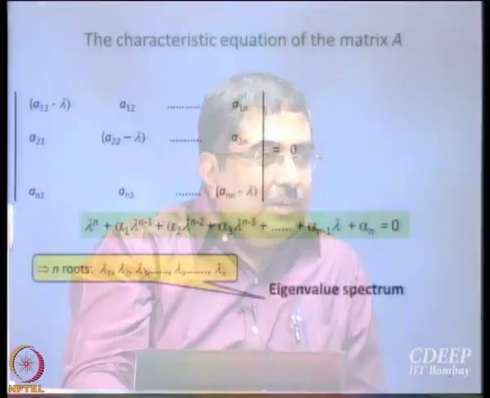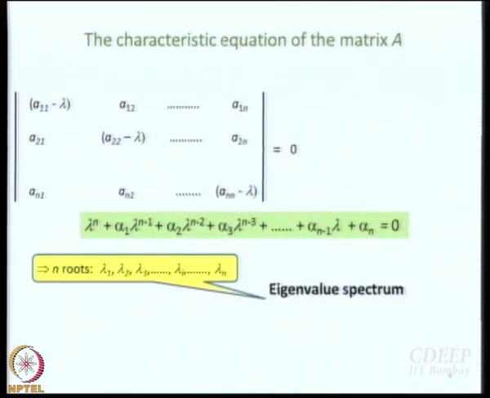4 terms anyway. So, now these n roots that you get form what is called the eigenvalue spectrum, alright. For each of these n roots you can write a matrix eigenvalue equation. Okay. So, now it is better to add a subscript to the matrix eigenvalue equation and write it as A xi equal to lambda i xi. Here i denotes which root you are working with.